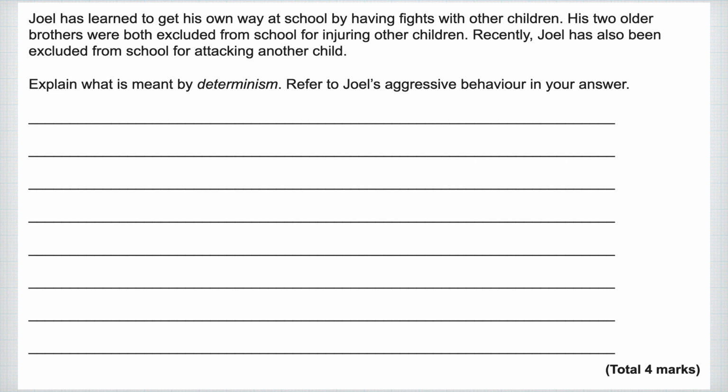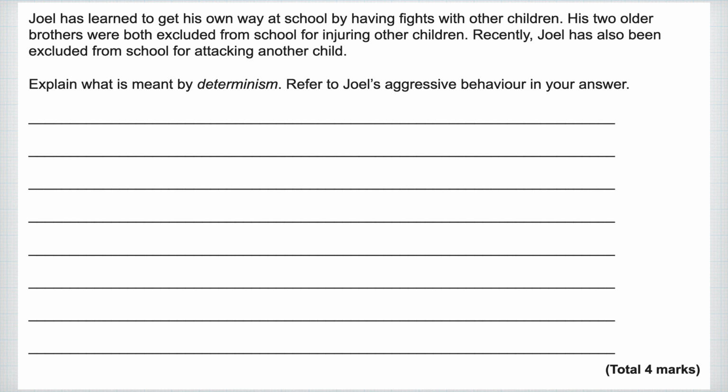So, here is question 2. This is more of a standard question. Explain what is meant by determinism and then apply it. So there are 2 marks for explaining what determinism is, and then another 2 marks for referring to Joel in the stem. Now at the time, the examiner's report said that most students were able to explain determinism, although a